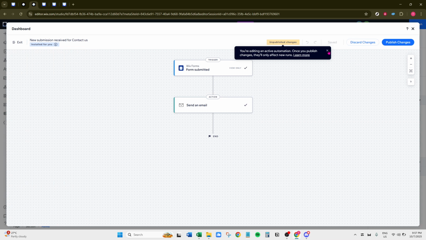You've successfully changed the email address for your Wix form submissions. With these settings adjusted, you can rest easy knowing that your form data is sent to the correct location, streamlining your communication and ensuring efficiency. Keep this guide handy for future reference, and feel free to revisit it whenever you need to make similar adjustments.